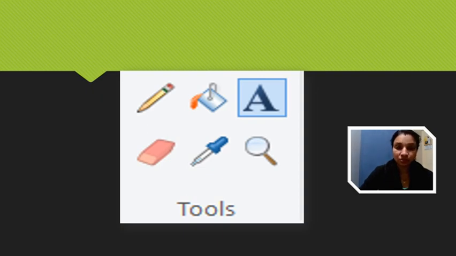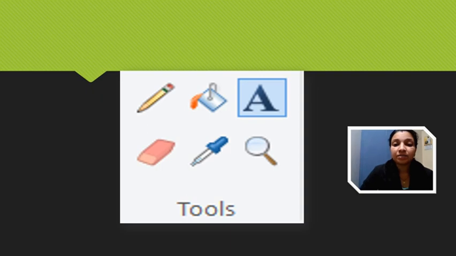When you select the text tool and click and drag on your drawing area, a rectangular box appears. That box is known as a text box. Inside the text box, you can type something. Then the next tool was the eraser tool. The eraser tool helps us to make changes in our drawing. If any mistakes happen, we can erase them and draw again with the help of the eraser tool.